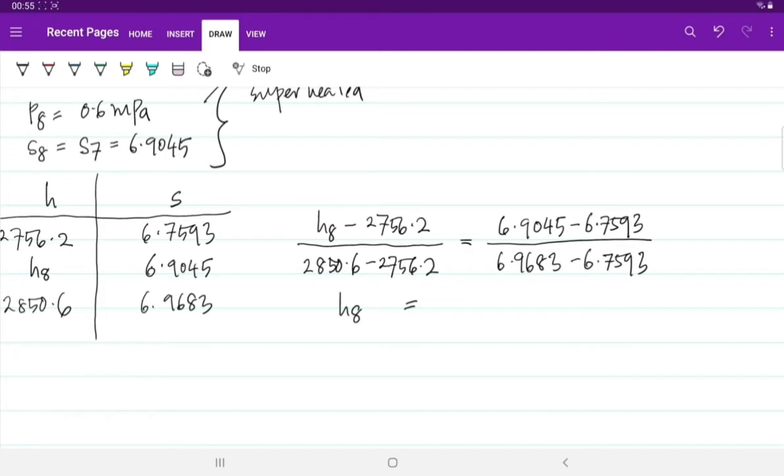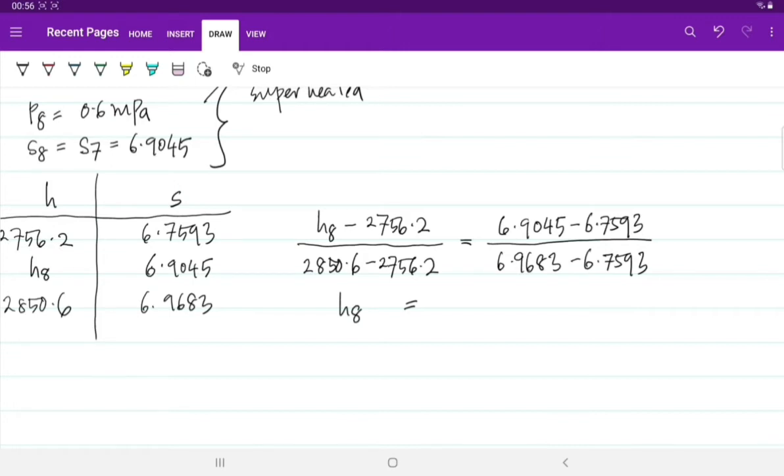Should be able to get the answer. Let's try it. 6.9045 minus 6.7593 divided by 6.9683 minus 6.7593. Okay, 2850.6, 2756.2